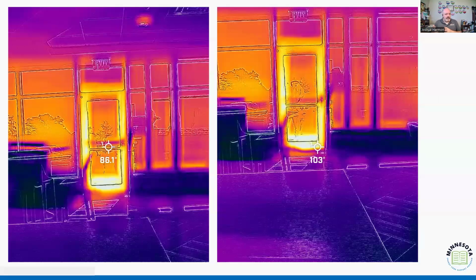This is another example of, again, a door in a residential restaurant section of a building. And so again, you can see the difference and the impact of air loss, not just on air leakage, but also on the residual air infiltration. And so we have almost a 20-degree change, right? And so what's that going to do to our mechanical system? It's going to cause it to overcompensate, to run too much.